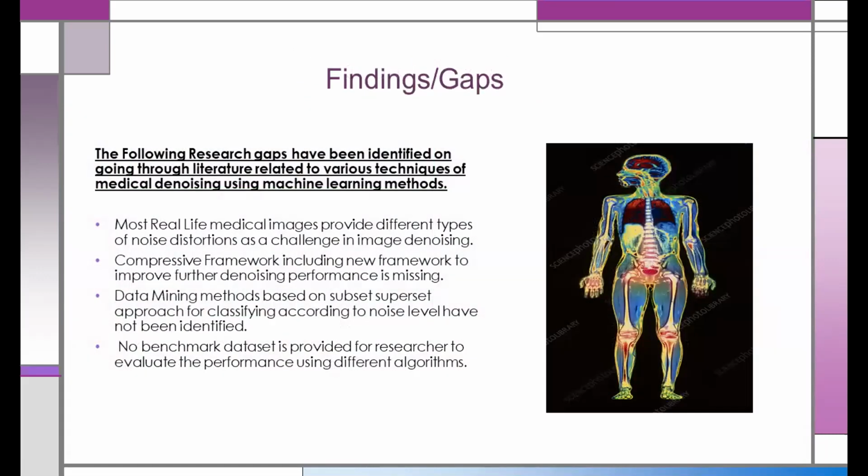Then quickly moving towards the findings, the gaps, as well as what new we have found. In real life medical images, we have different types of noises, because of which we are not getting clearer images. So we require a framework that should not be bulky in size. It should be a compressive framework, so that it could work in software terms, because if we talk about greater machineries, we have to reduce them into a more compact form. So these were the great challenges which we had.